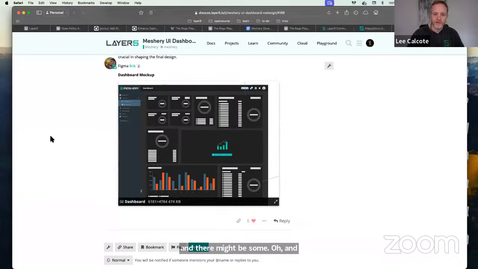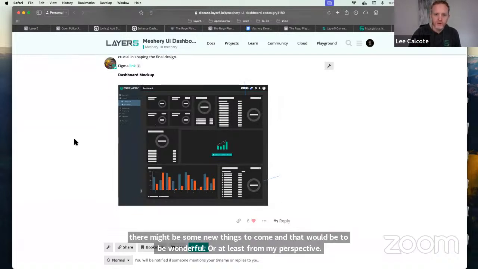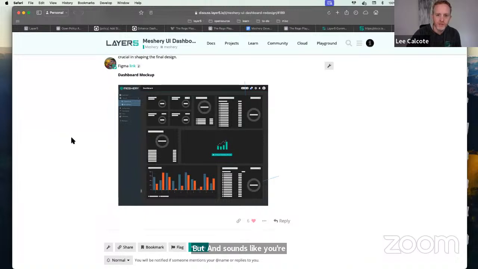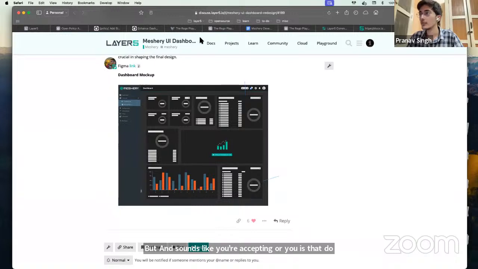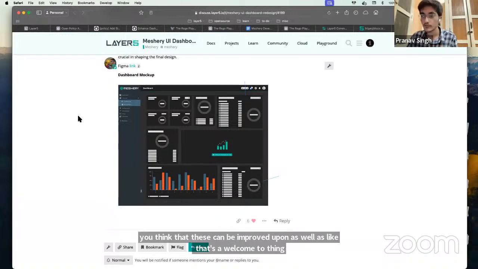Or at least from my perspective, and it sounds like you're accepting, do you think that these can be improved upon as well? Is that a welcomed thing? Yeah, definitely. We do need a chart for each of the selected categories. That is already something we discussed. Oh, nice. It's straightforward.